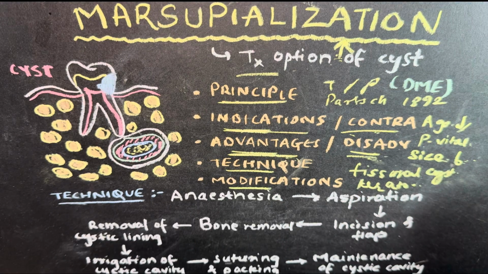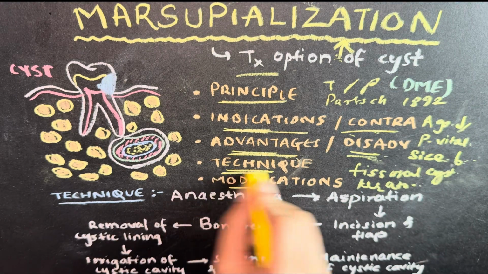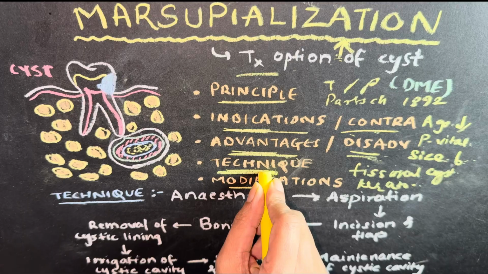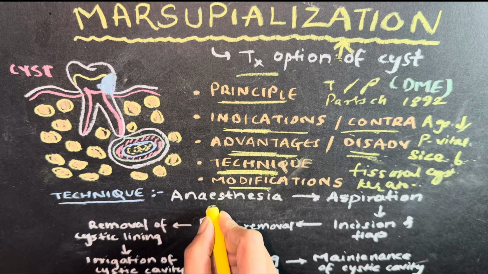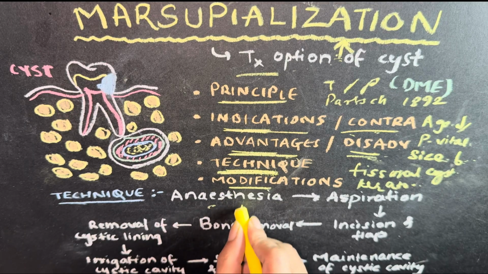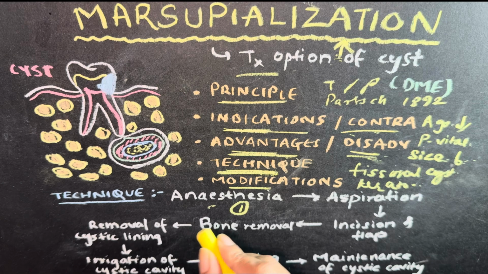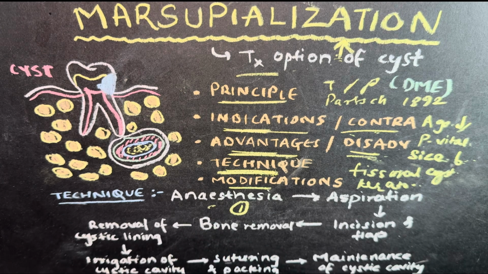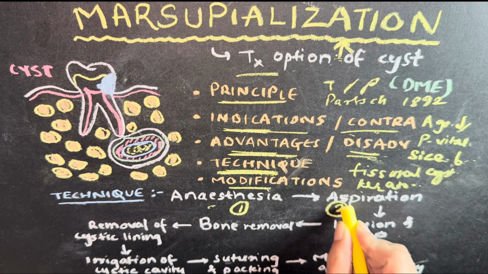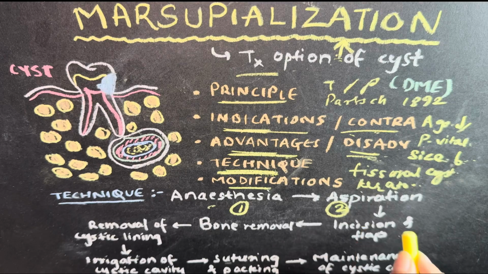Now moving towards the next main part, that is the technique of marsupialization. The first step in marsupialization is giving anesthesia. Here you can give anesthesia plus infiltration. This can be done under local anesthesia or general anesthesia. Now the next step is aspiration. Here you can aspirate the cystic content at the beginning,